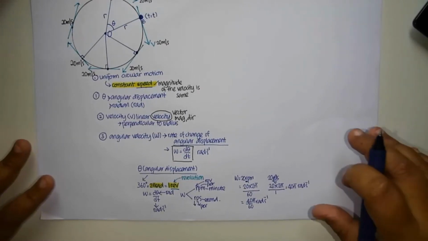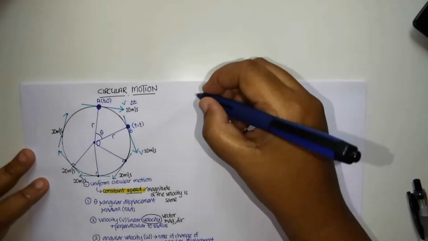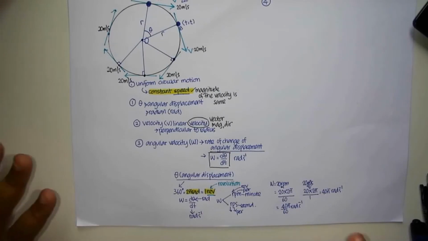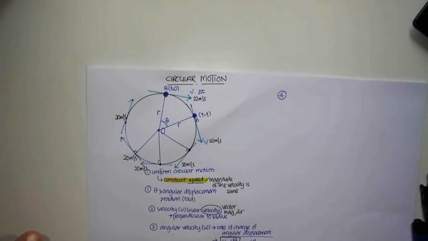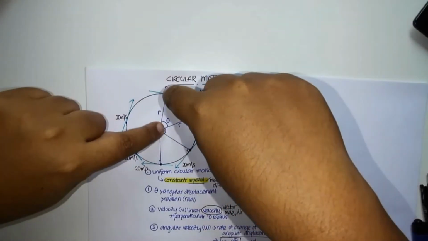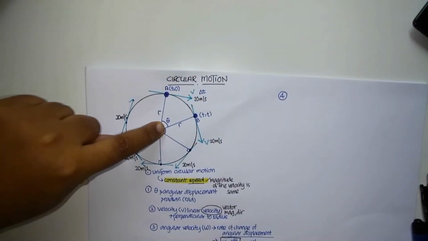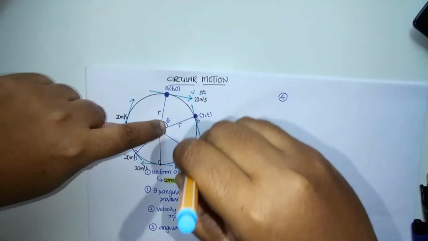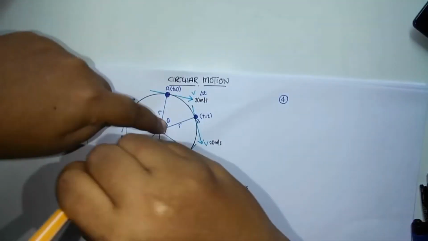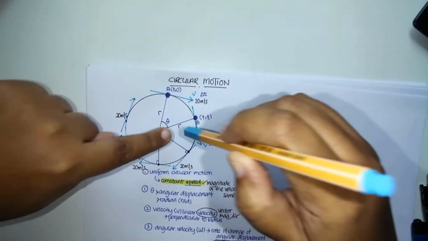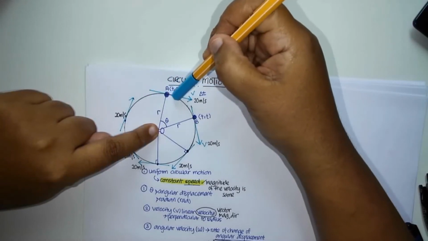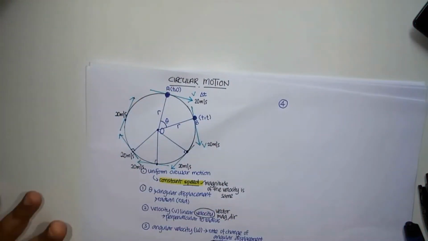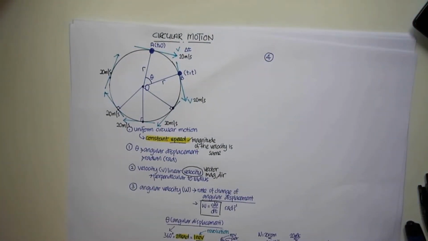Now the next quantity, quantity number 4. Before that, about angular velocity: the center is here and the object is moving like this in circular motion. Omega, angular velocity, means how fast the object is moving like that. But V is the linear velocity. So that is omega, angular velocity.